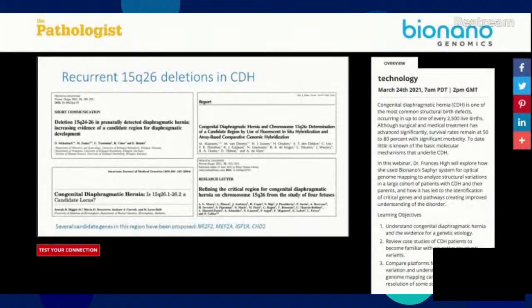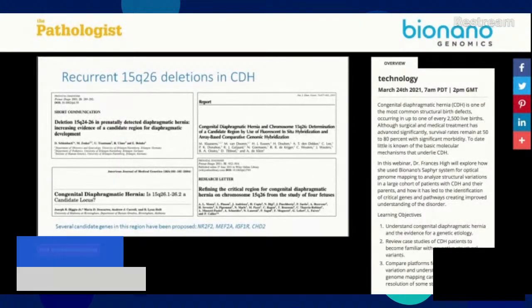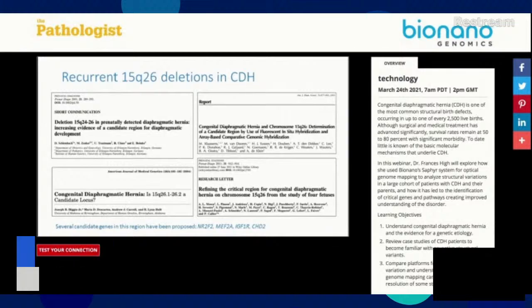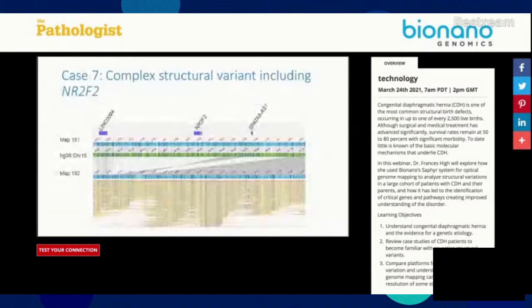There are a number of different genes that have been proposed. I've just mentioned the ones that are most commonly noted here. So I'm going to focus in on this gene, NR2F2. This was another interesting case that we identified from our cohort that we studied with Bionano. This is a patient with CDH that has a complex structural rearrangement of chromosome 15q26 that involves the NR2F2